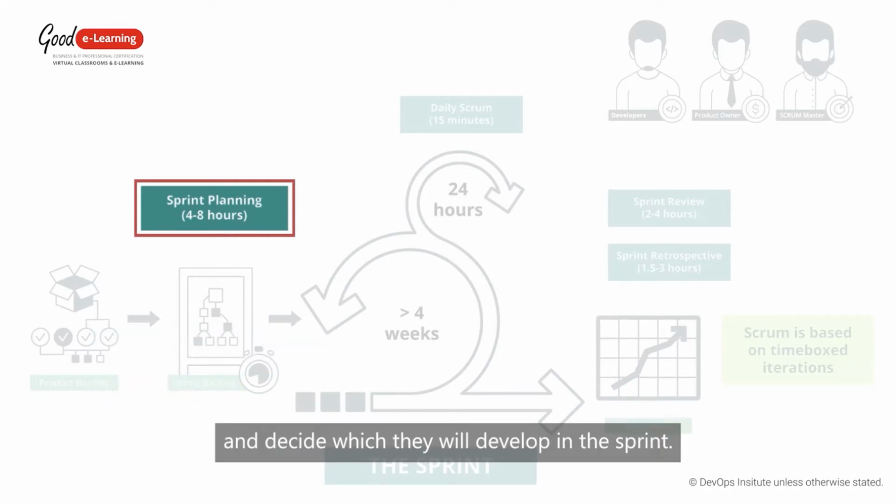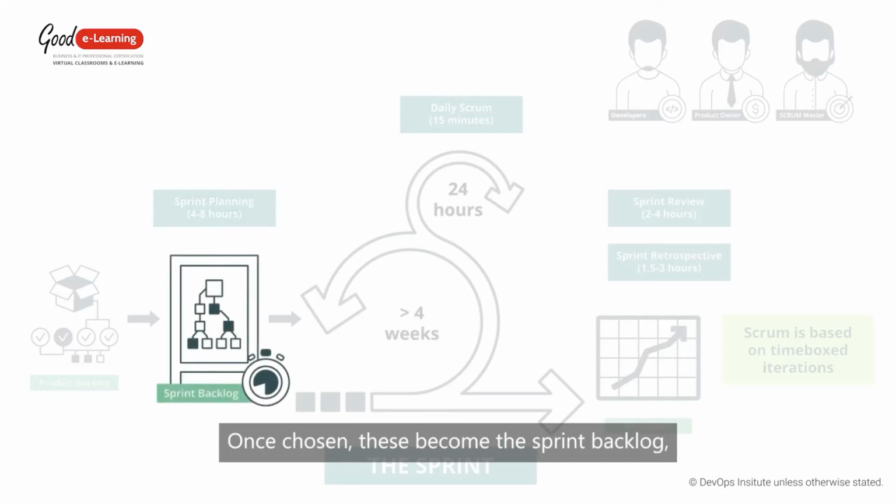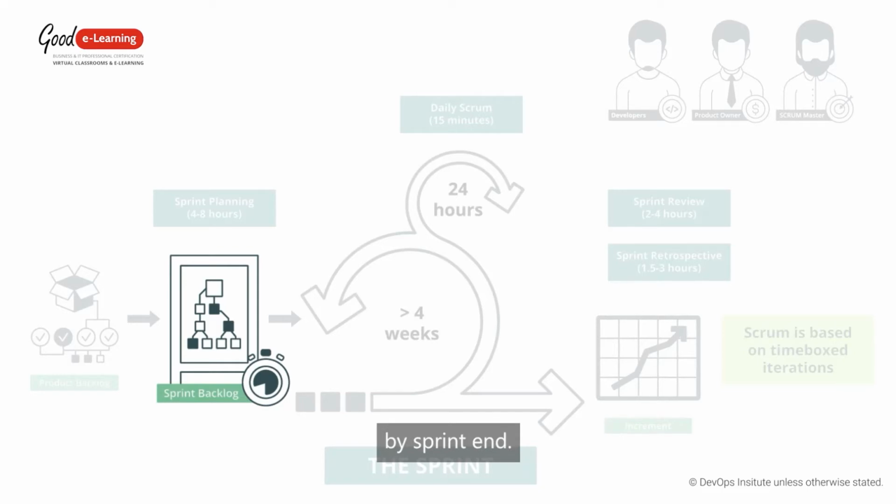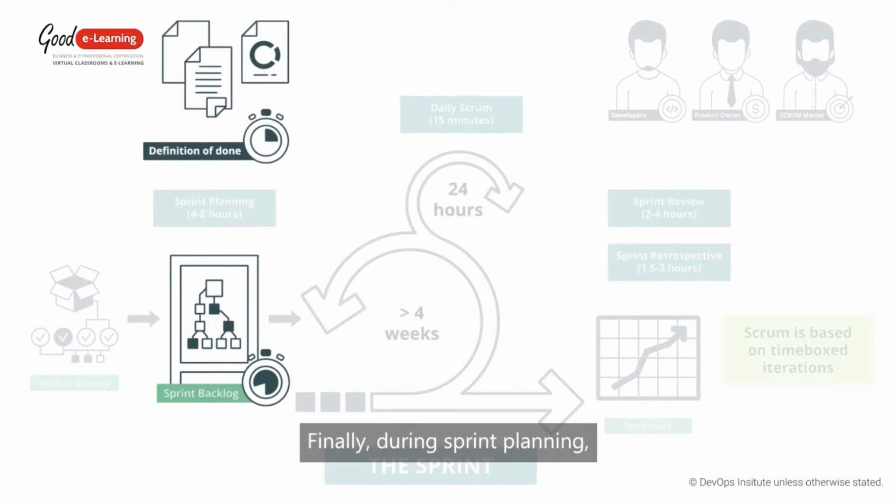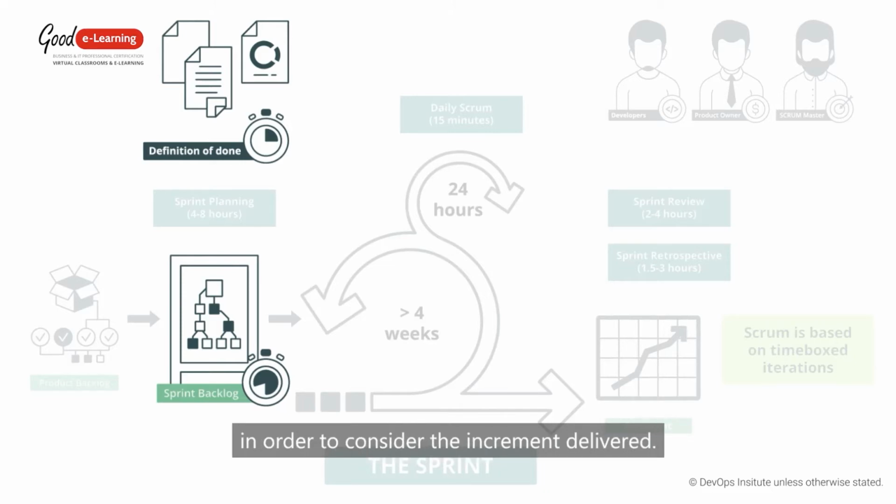which they will develop in the sprint. Once chosen, these become the sprint backlog, and everything must be completed by sprint end. This becomes the sprint goal. Finally, during sprint planning, the team will agree on the definition of done. This explains exactly what must be completed and the quality level that must be achieved in order to consider the